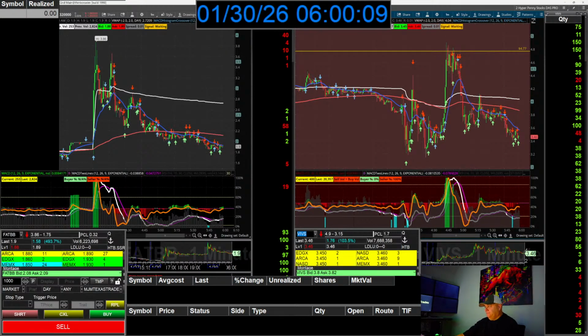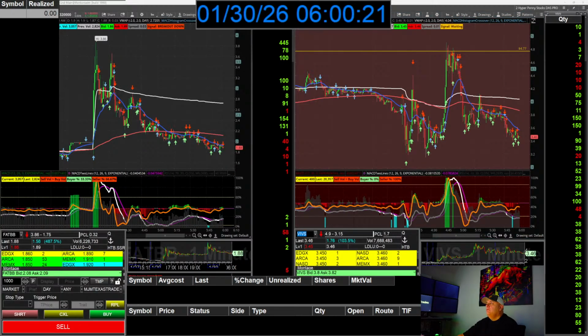So let's see. I'm going to try to keep it on the one screen for now until I find something, then I'll move it around. But nothing out of the 6 stocks that I can pay attention to. I don't see anything moving too much. So I got GCL at 6 a.m. right now. Let me check that out.